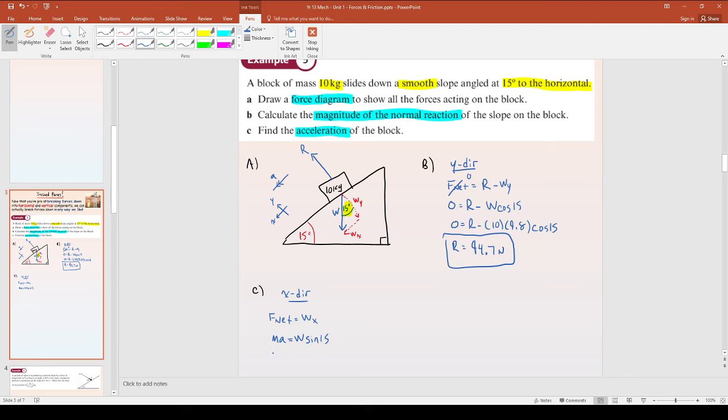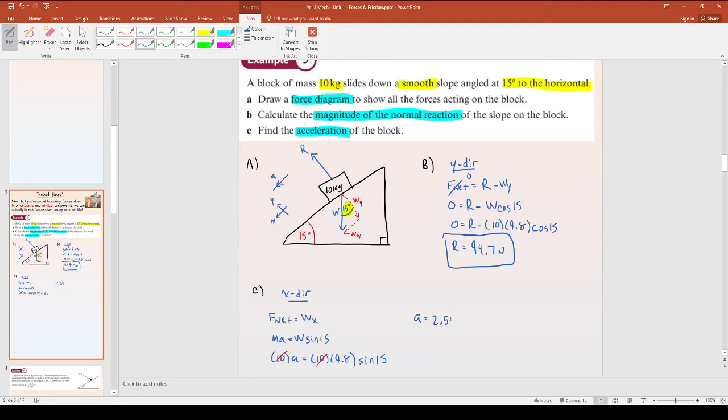Okay, m is 10, so it's going to be 10. We don't know what a is. W is mg, 10, 9.8, sine 15. Now, this is a neat one because actually, look, the 10's common to both sides. But again, it doesn't matter if you didn't do that. There's no marks for that. Which means at the end of the day, acceleration is just 9.8 sine 15, which is